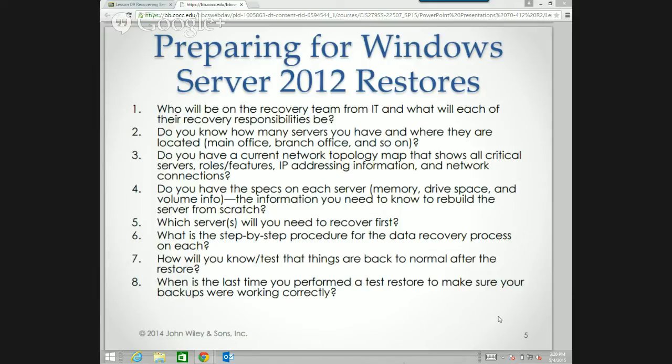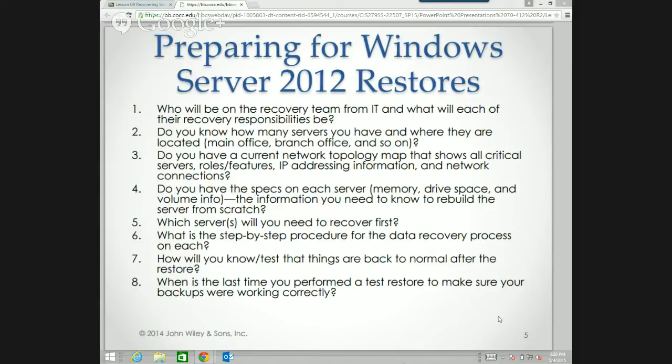Now, one of the big backups that's missed, that most third-party backup software is going to catch, is if we're doing any kind of dual booting, we need to back up that boot record. Now, in a bare metal restore, we're backing up an image, right?